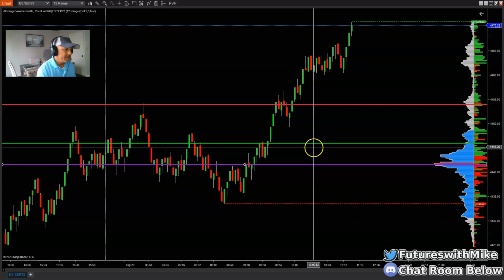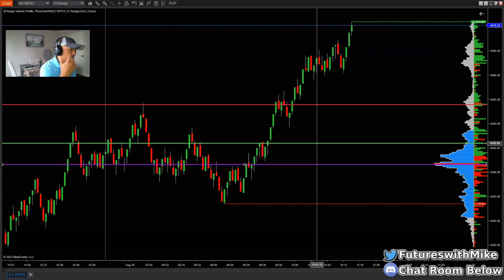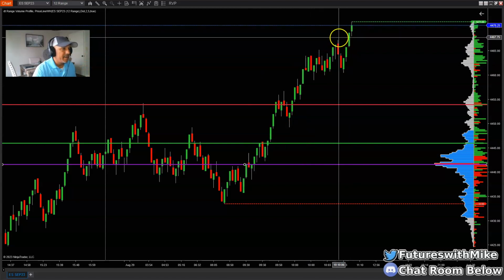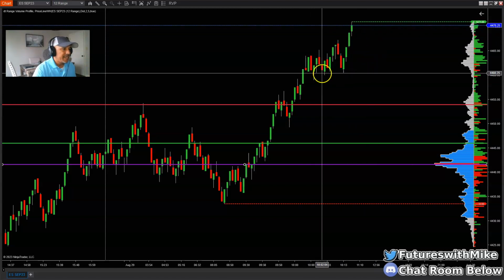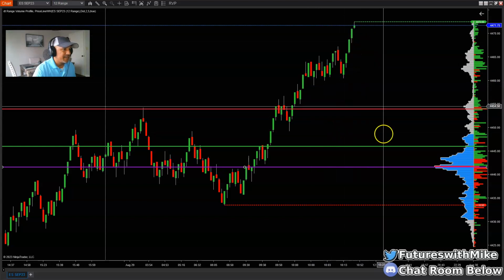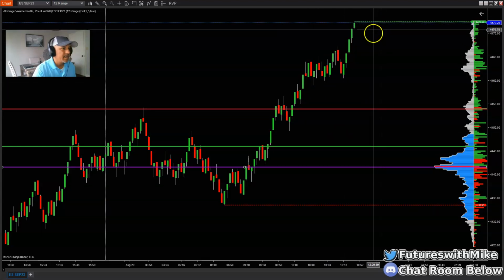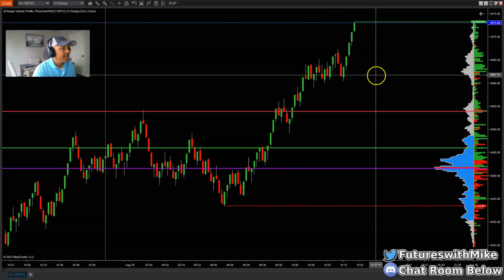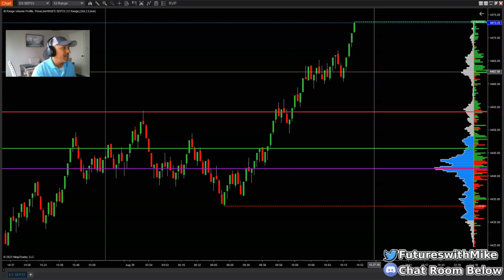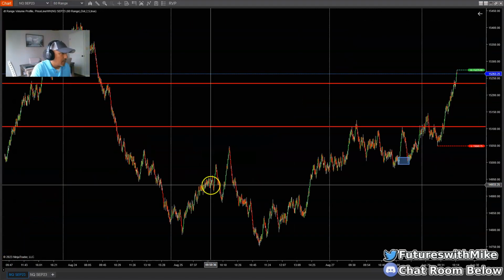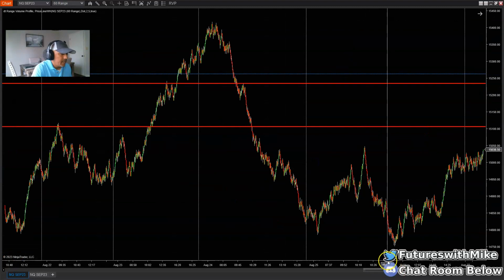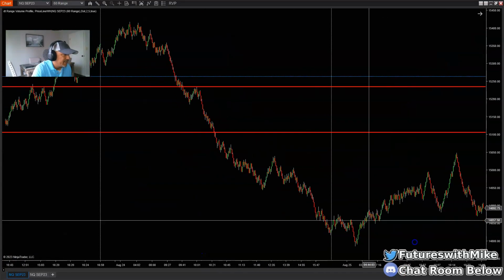I'm not saying you just have to pay attention to market structure and price action when price does get back to an area, because price could turn around here, fold to the downside and start breaking structure back down. In that case, I'll be looking for a short. But right now it's pushing to the upside and just trending in one direction. So on the NASDAQ, let me blow this up a little bit because I need to look to the left-hand side of my chart.